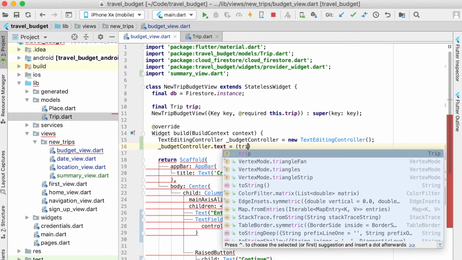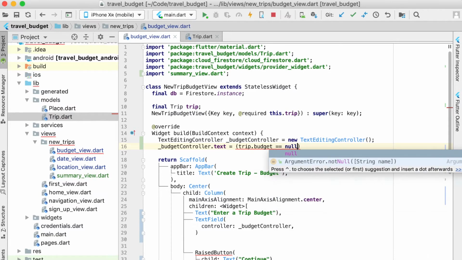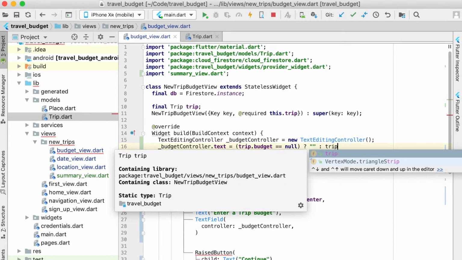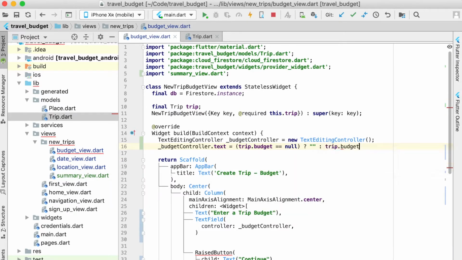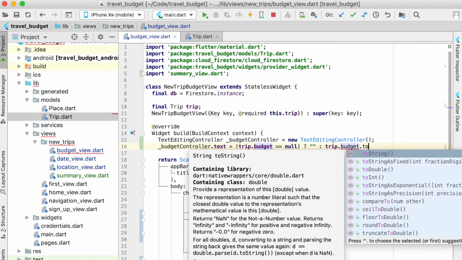This is just so if we go back a page and come back to this page, it'll save our data for that trip budget. So if it equals null, which means if it's empty, we're just going to set it to nothing. If not, then we're going to set it to that budget value on the trip